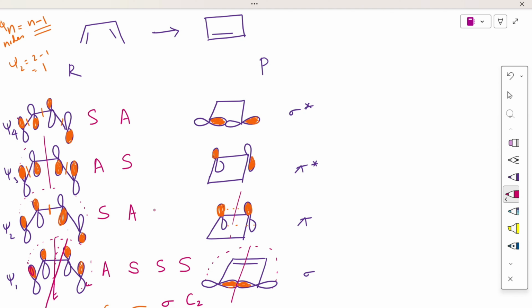Here I have a mirror plane. Yes, it is symmetric. But when I go for the C2 axis of symmetry, it is not going to have the exact rotation here, therefore asymmetric. Here with respect to the mirror plane, it is asymmetric, and with respect to C2, it is symmetric. And coming to this, with respect to the mirror plane, I cannot draw a mirror plane, therefore it is asymmetric. And this cannot go over here. It's not possible, therefore asymmetric.